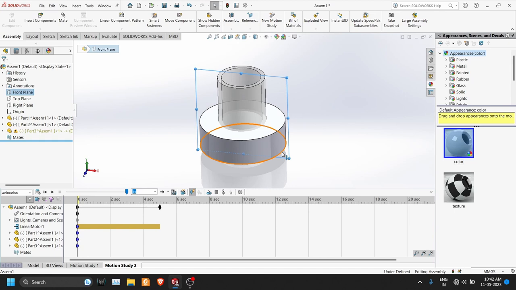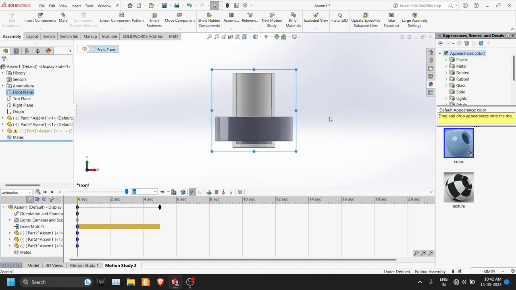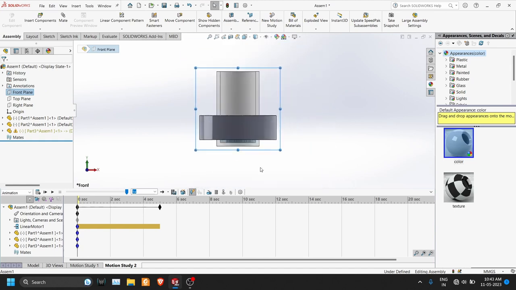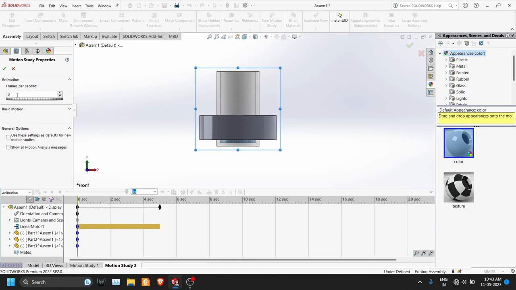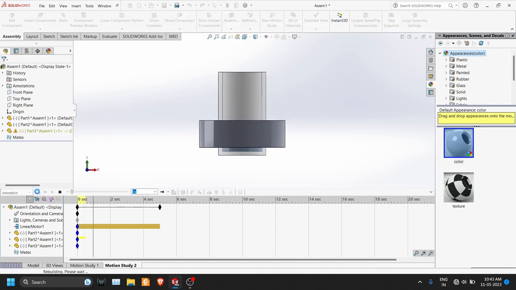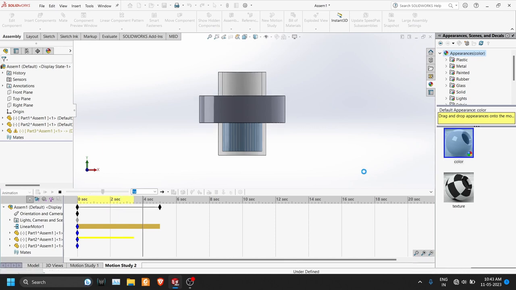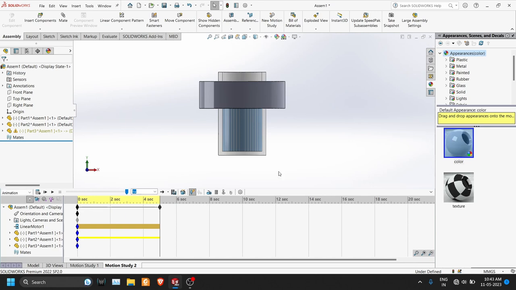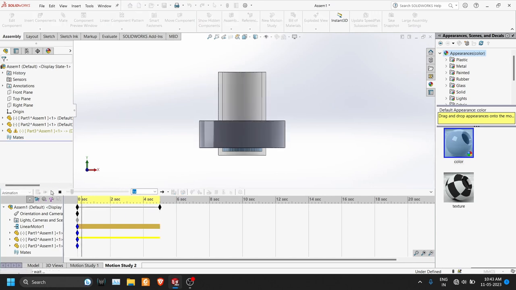Select the front plane, press Ctrl plus 8. Let's increase the frames per second. Let's make it 30 to make it look good. Click on calculate. If I click on play,